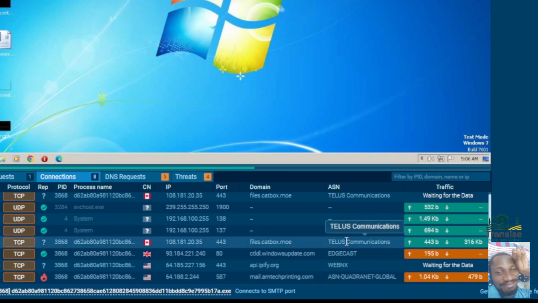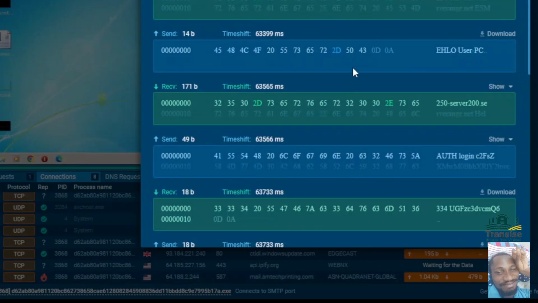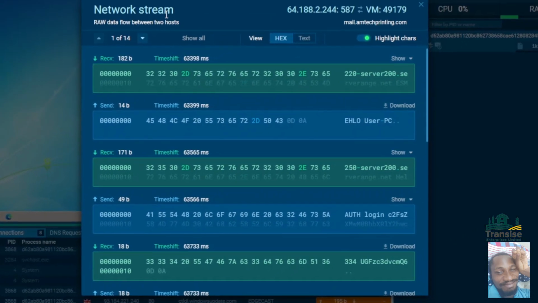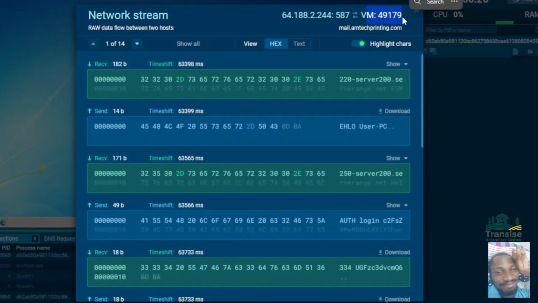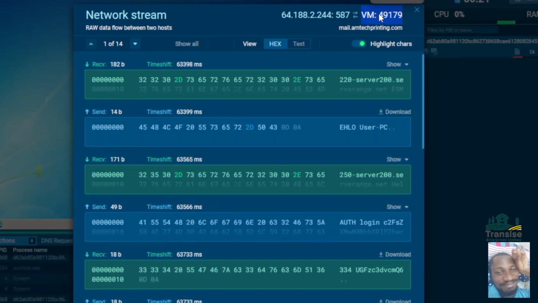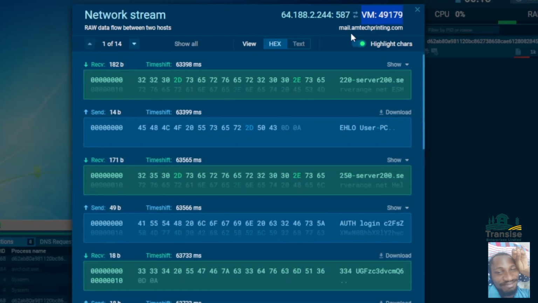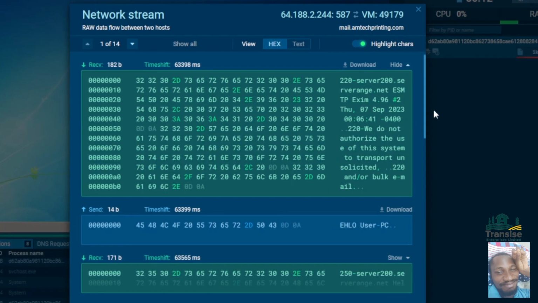And another beautiful thing about ANY.RUN is that you can actually see the traffic in real time as it is going. So you can see that this SMTP connection here has uploaded 1.04 kilobytes and downloaded 479 bytes. You can simply click on this and you can see the total transcript of the connection, the network stream, the data flow between the two hosts. So this is the sandbox, it is ANY.RUN, where we are running the malware sample, and this is the remote host it is connecting to on port 587. This is the host name, and you can potentially see the whole